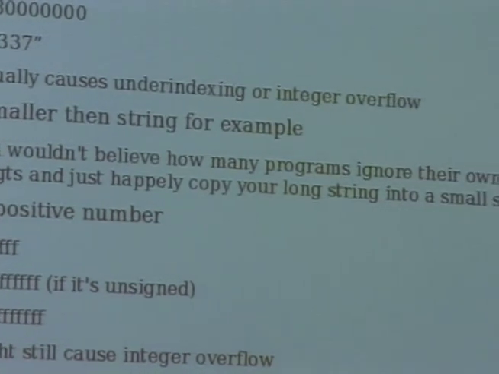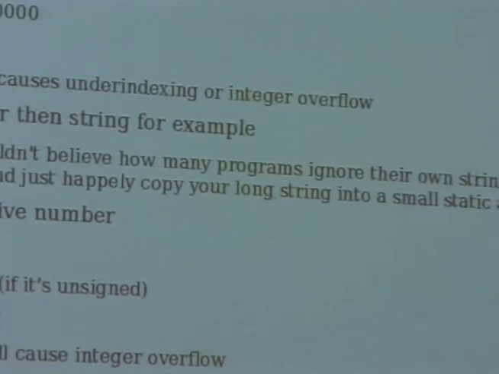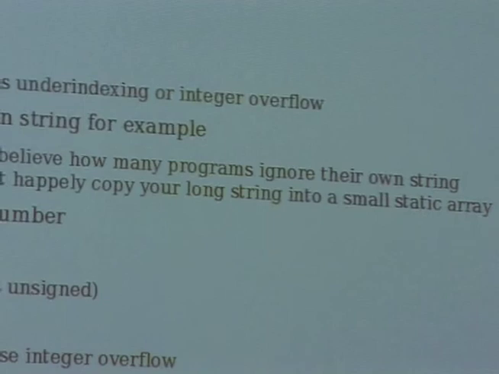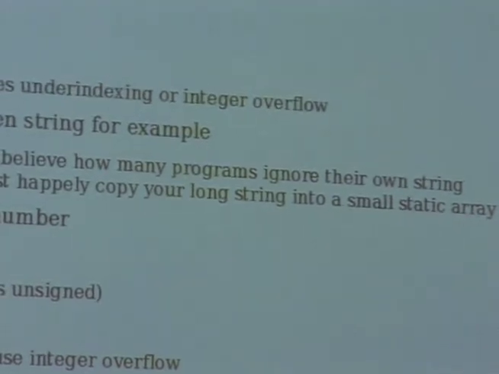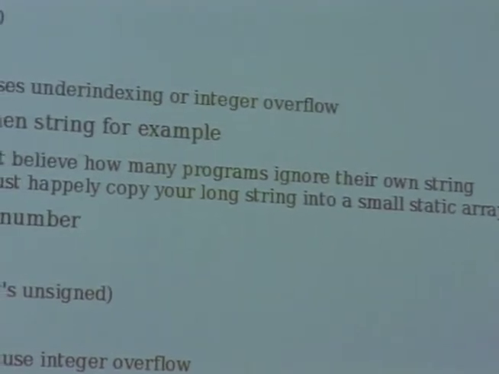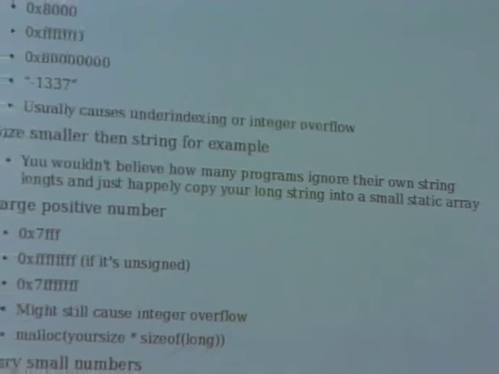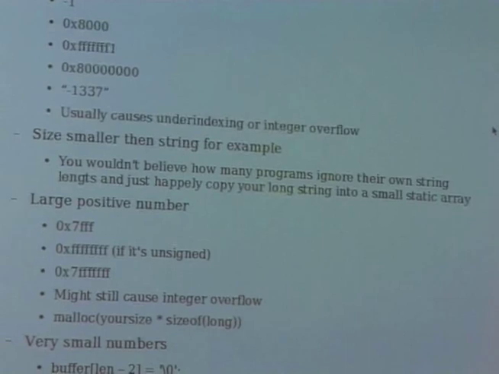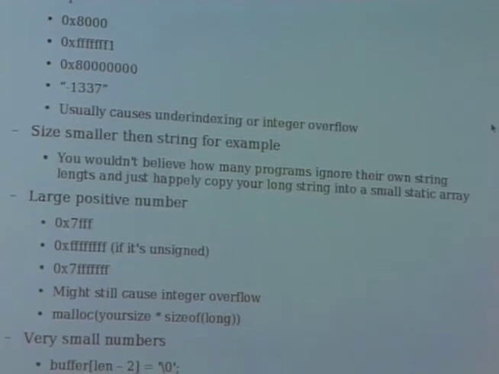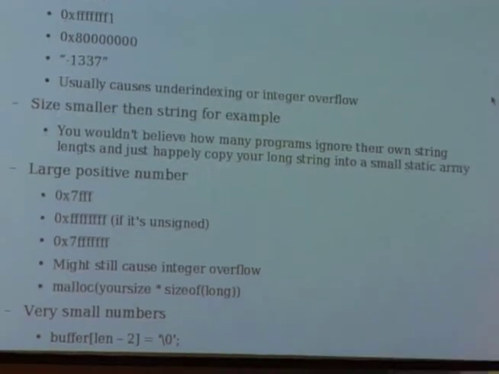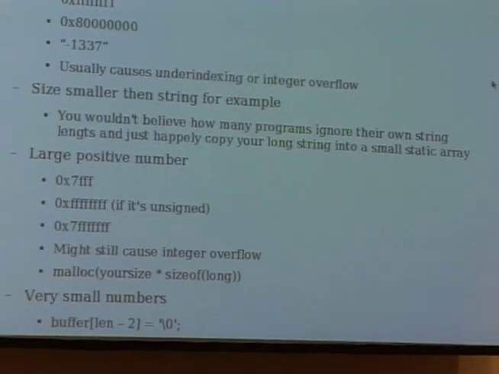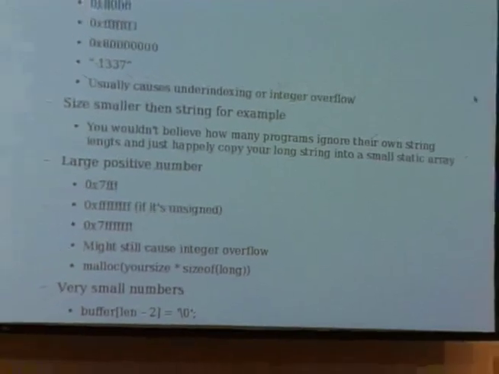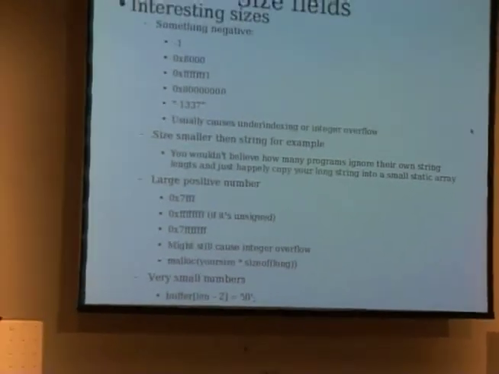They can cause under-indexing, for example, with negative values. They can also cause problems if you just do a bounds check and you store that stuff in a signed integer, and you check if it's bigger than some array, and then use that value in a copy loop, it'll get cast to an unsigned integer, and very, very bad things happen. The other thing that is sometimes interesting is if you've got binary protocols where you've got a length field saying the string that's coming is 10 bytes long, and then you've got a string there which is not 10